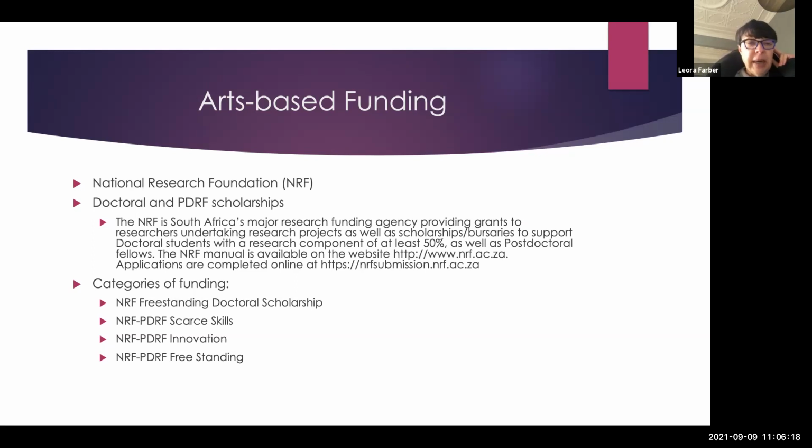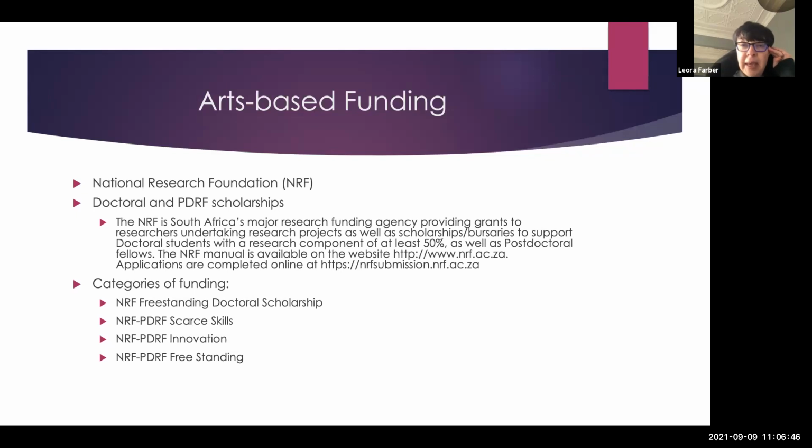So in South Africa, the main arts-based funder, and in fact for all research, is the National Research Foundation. They pretty much hold a monopoly in research funding, and they offer postdoctoral and doctoral scholarships.